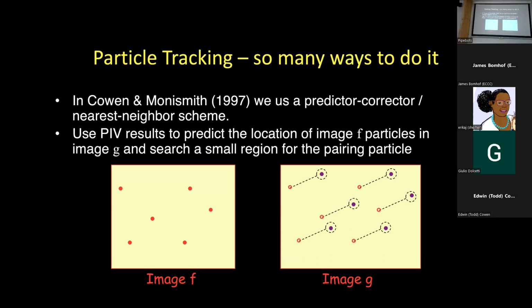But when I started playing with these imaging techniques, I got really interested in particle tracking versus correlation-based or PIV techniques, because when I look at an image, I see all these particles, like I show in image F here, where I've got 6 images in my little synthetic image. Yes, I can get one vector out as a correlation, but I could get 6 vectors if I could track all of them. And in fact, as someone who's interested in turbulence historically, the challenge I have with any correlation-based